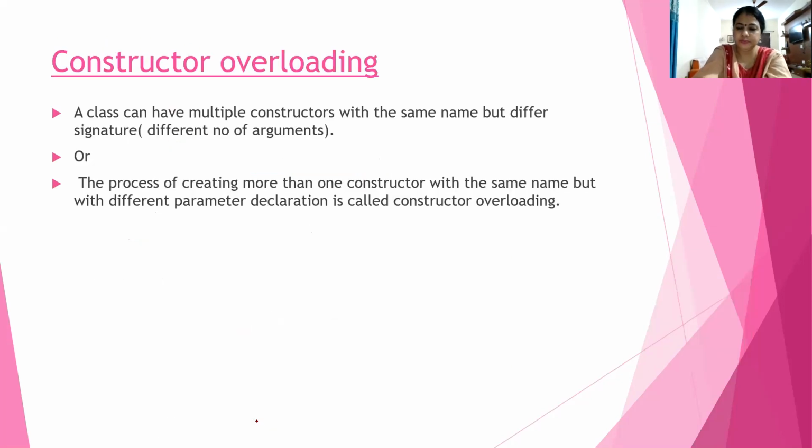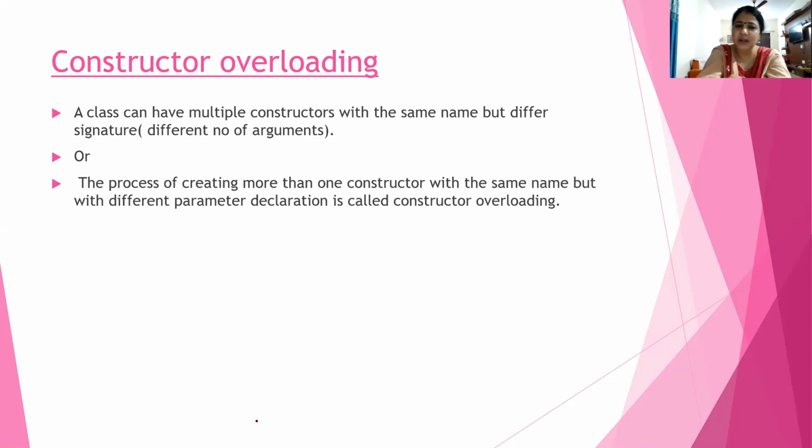Now another one is constructor overloading. All of you know about function overloading. Function overloading, all of you understood, is when there are more than one function with the same name, then we can say it is function overloading. And the functions with the same name have different parameters or arguments, and they are used for different purposes. Same here: if a class has more than one constructor, then we say that is constructor overloading. But the same default constructor, three or four times, we cannot write.